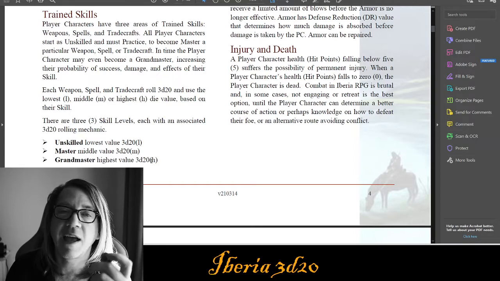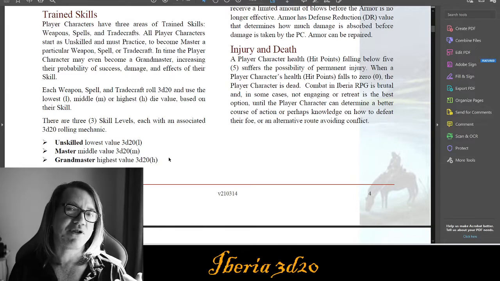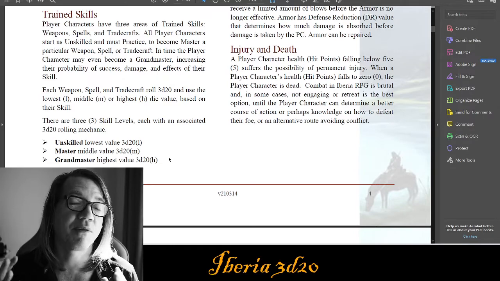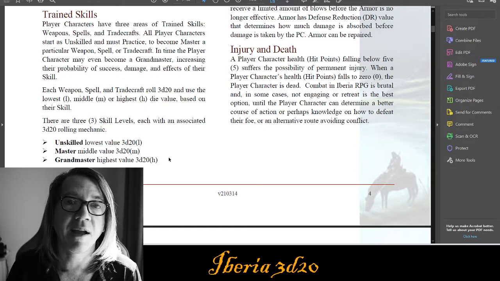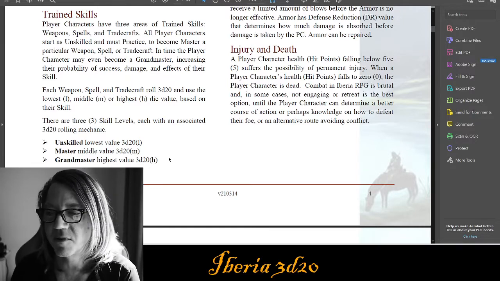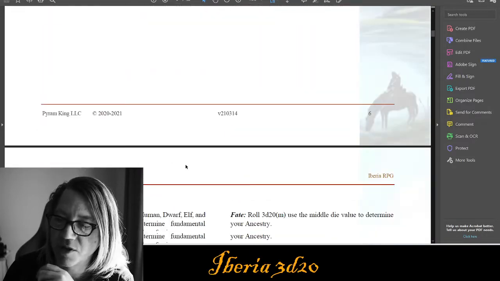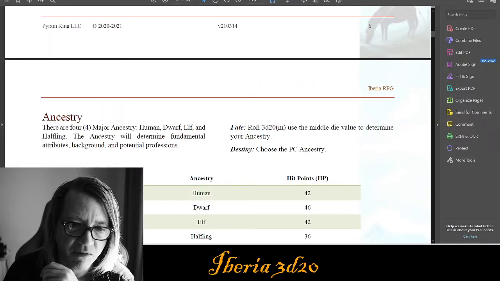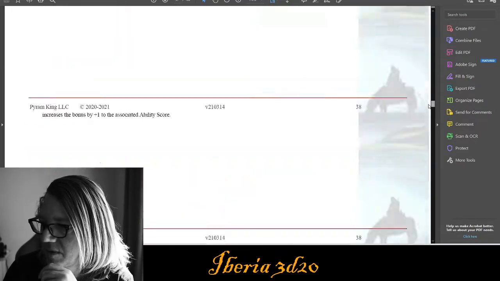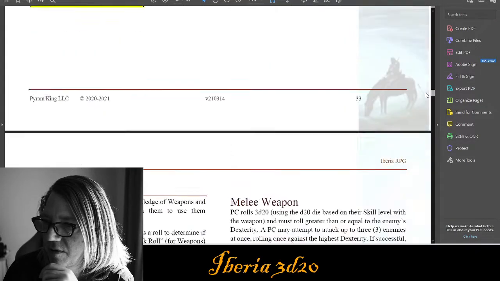You're just rolling 3 dice. I love the d20. I think most people do. They're familiar with it. You can actually think of the 3d20 system as an advanced advantage-disadvantage system. You're rolling 3d20s, selecting the low, the middle, or the high, based on if you're unskilled, a master, or a grandmaster. It's pretty interesting because I'm going to show you how this works in the game. Let me just scroll down really quickly to what I'm talking about. I've gone too far. Let me go right